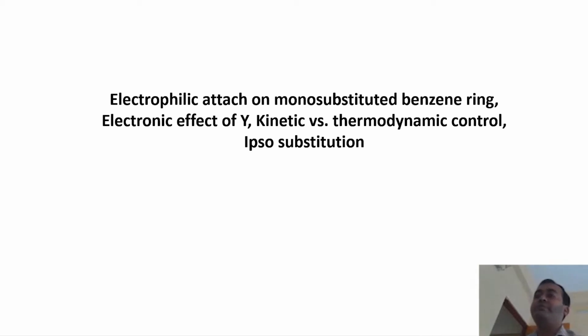most of the time to ortho para orientation. Okay, there may be some difference. There may be a product distribution, this much ortho, this much meta, this much para. There could also be some amount of meta. And when the substituent is electron withdrawing, it most of the time leads to meta as the major product. This information we know, but do you know why that happens? What is the reason behind that? Why in one case you get one sort of product, and in another case another sort of product? So today, with this information, let's go a little bit deeper into that knowledge.